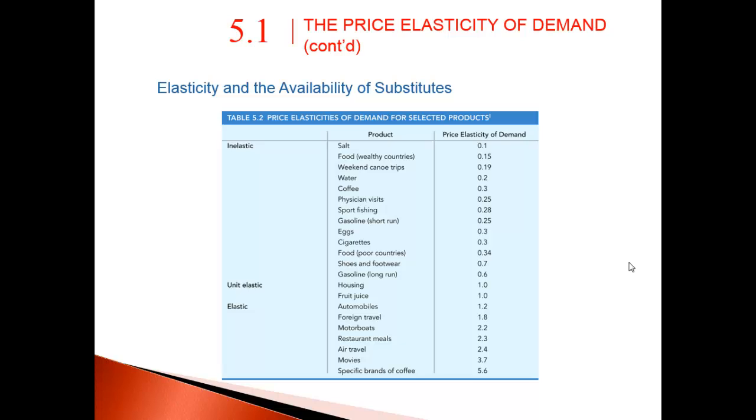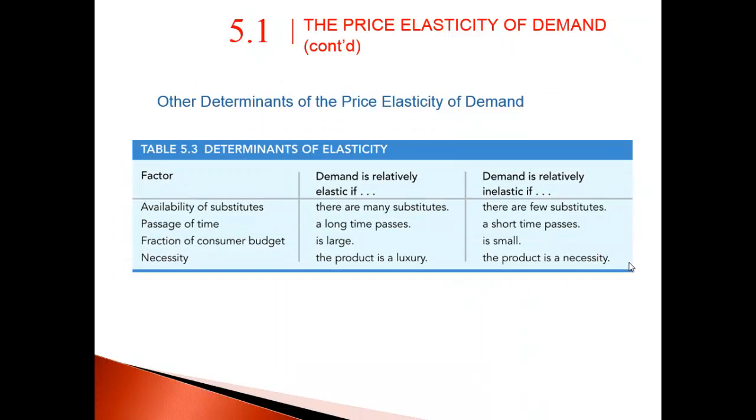So these are actually things that are on average of a lot of people. What you can see is that the more substitutes you have, the more price sensitive you are. What that means is you have more options. We're going to look at that a little bit more closely in a second. This is just a good graph or a table that shows you how demand is either relatively elastic versus inelastic depending on the amount of substitutes, the passage of time, the fraction of consumer budget, and necessity. What it's getting at, those 4 factors,